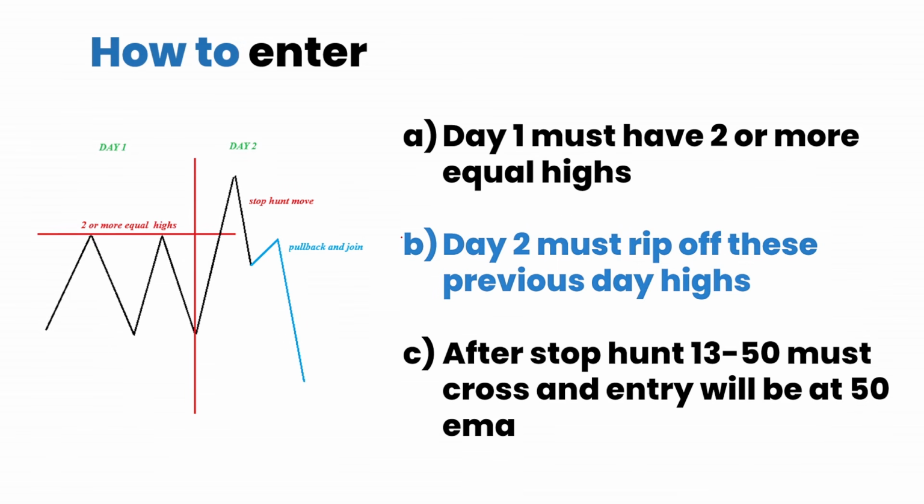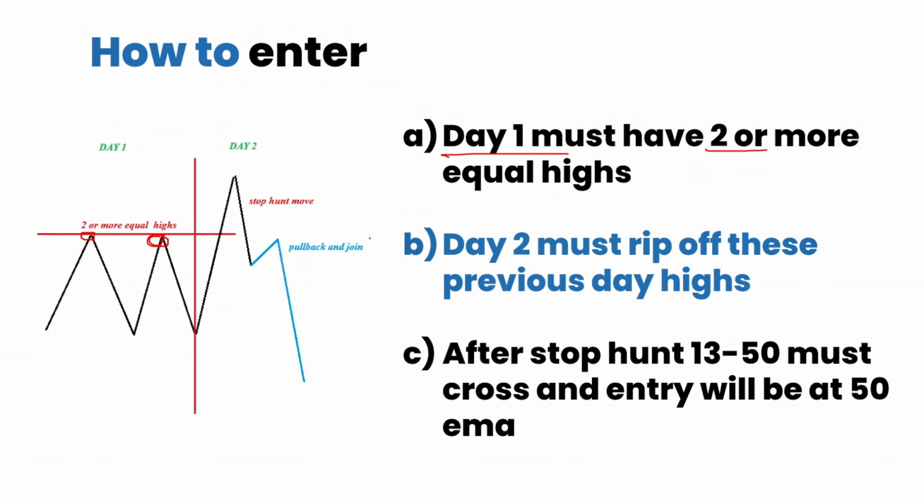Let's continue. So how do we enter using our high low of day M15 strategy? We've said the first thing is to basically see day 1 having 2 or more equal highs. They should not be equal highs from the previous day. One of the factors is that day 1 can give us 1 high and day 2 can give us 1 high early that particular day. So you need to see equal highs